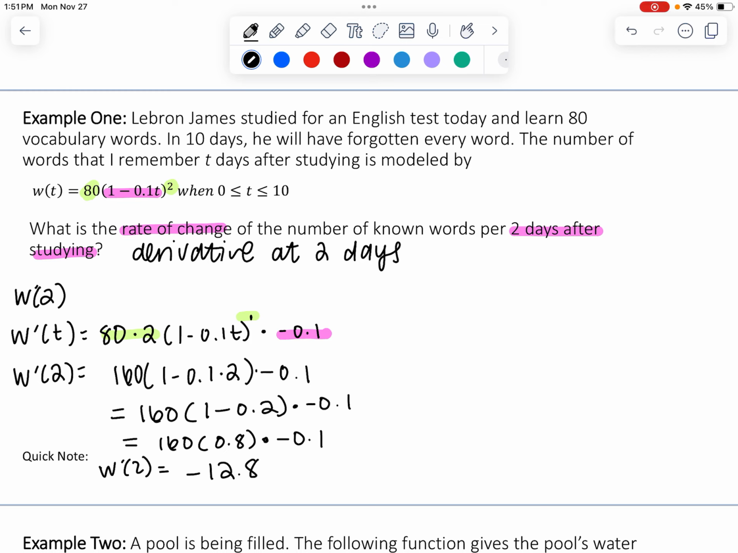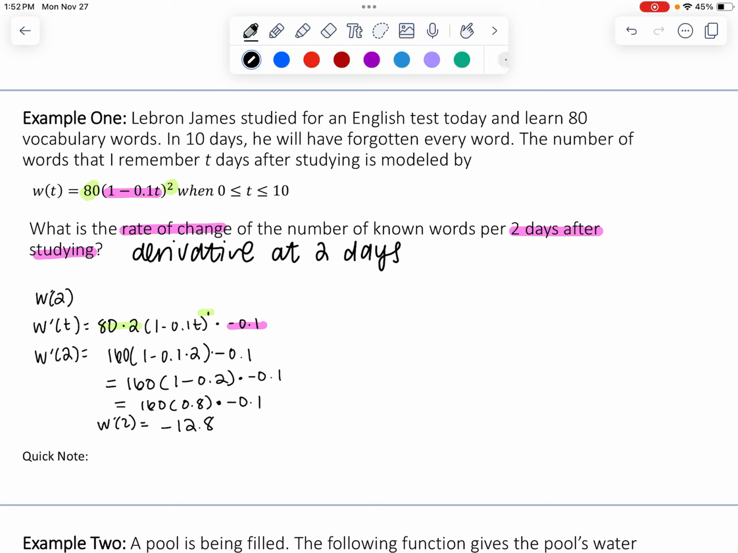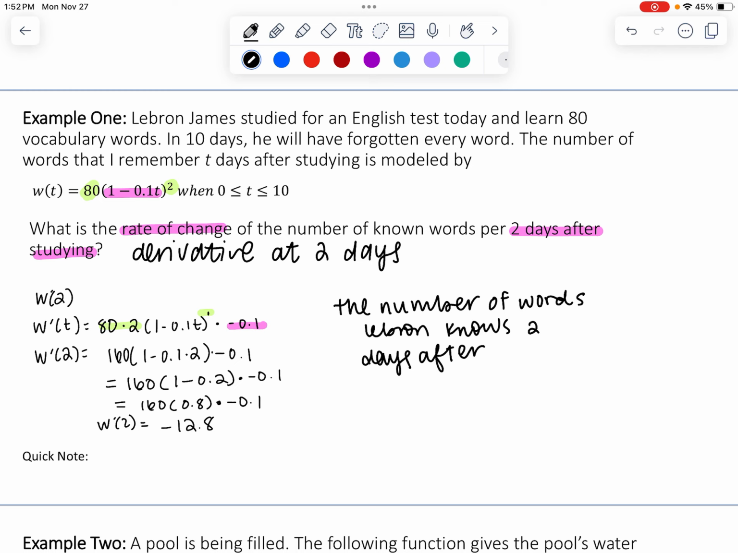And so what we have to talk about now is what does that actually mean? So this is going to want us to put our answers like in little sentences. So what does this actually mean? Well, what this means is the number of words LeBron knows two days after studying is, so it's a negative number, so I'm going to say is decreasing. Then my big derivative language is going to come out at a rate of